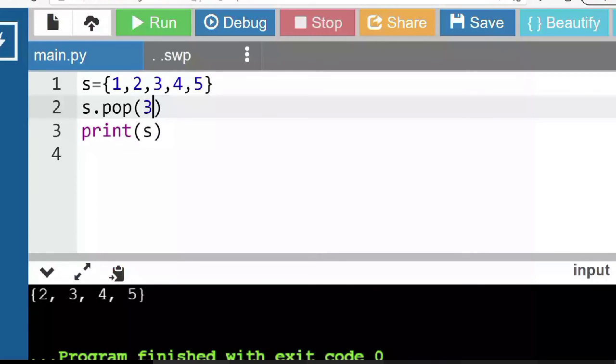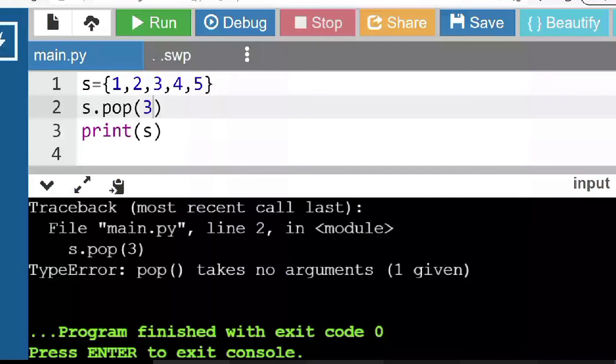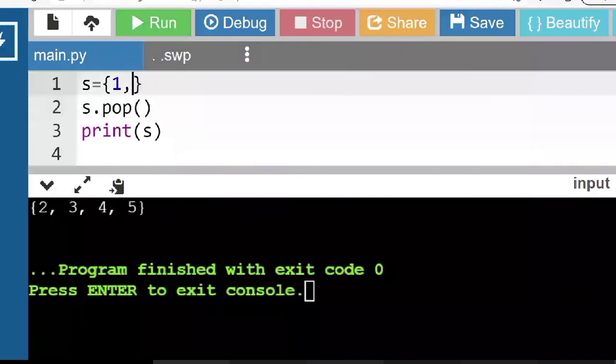So here you can see that the pop in a list or tuple doesn't take any value, right? There are no arguments in pop. It's saying the type error: pop takes no arguments, so you can't give any index value or an element value. You simply call pop and that will remove it. And if the set is empty, like this empty set,